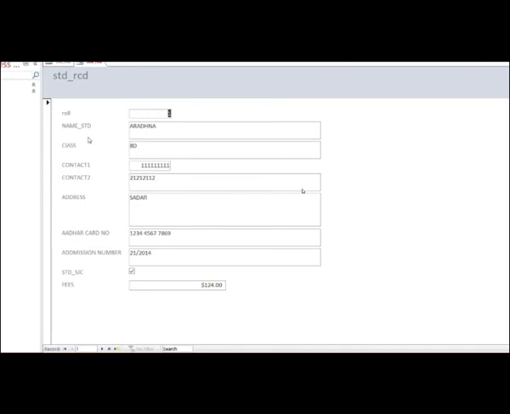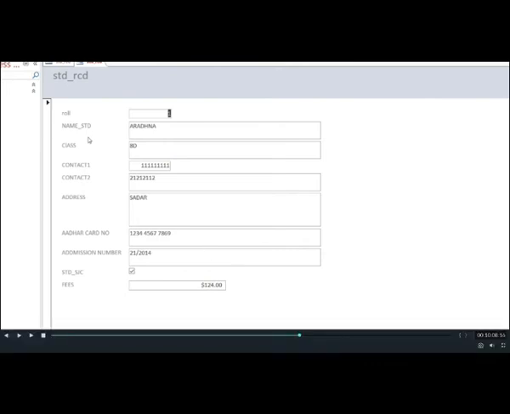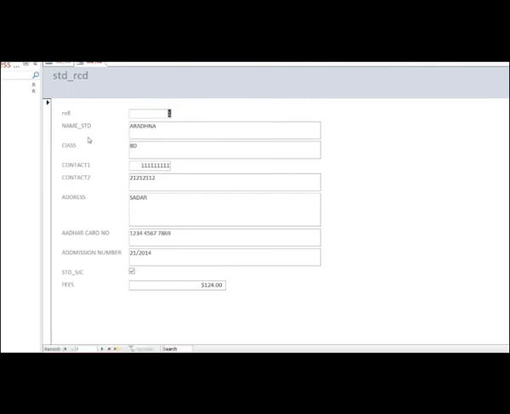Through forms, when you insert the record, you find it much more comfortable and easy, because at a time it will show you one form of a child, one record. So one record you will insert at a time. Have you understood? So this is the benefit of inserting the records through form.